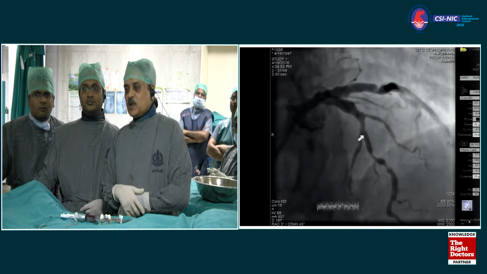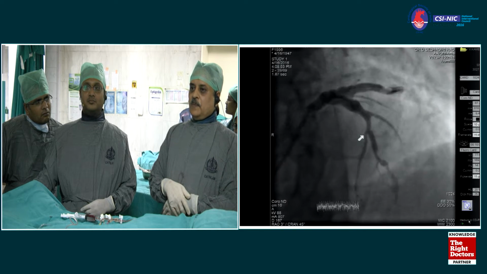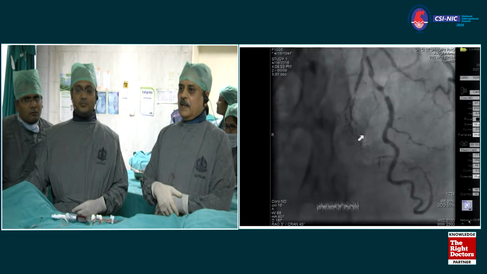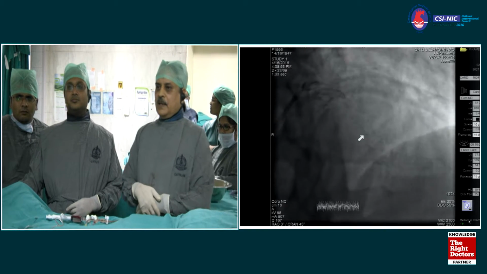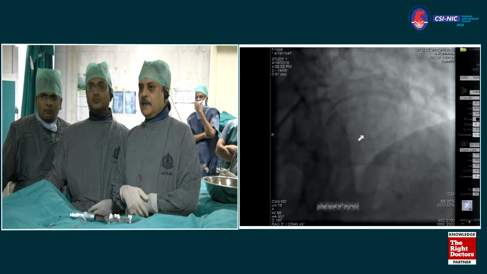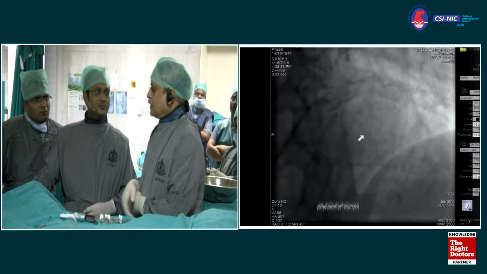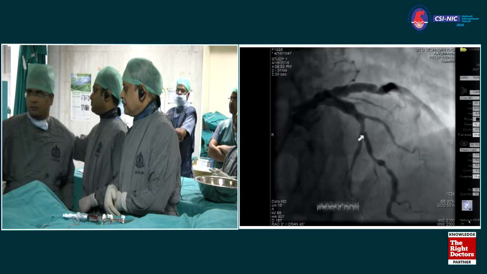I think we should do IVUS to decide the size of the vessel. It does not seem to be what you are saying. No, Raman, even QCA we can do. The panelists feel there is not much difference in the size, so we don't need a tapered stent in this patient. Can we do a quick QCA and see how much is the difference? Yeah, QCA can be done. If you want to demonstrate this, well and good.